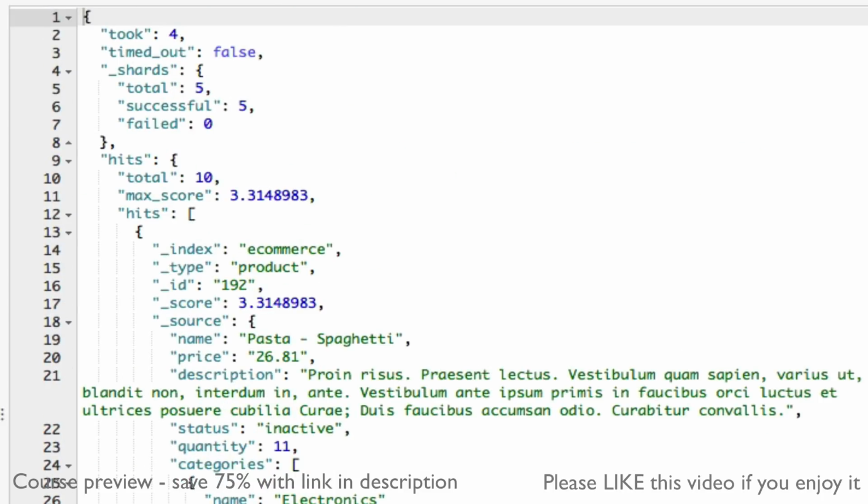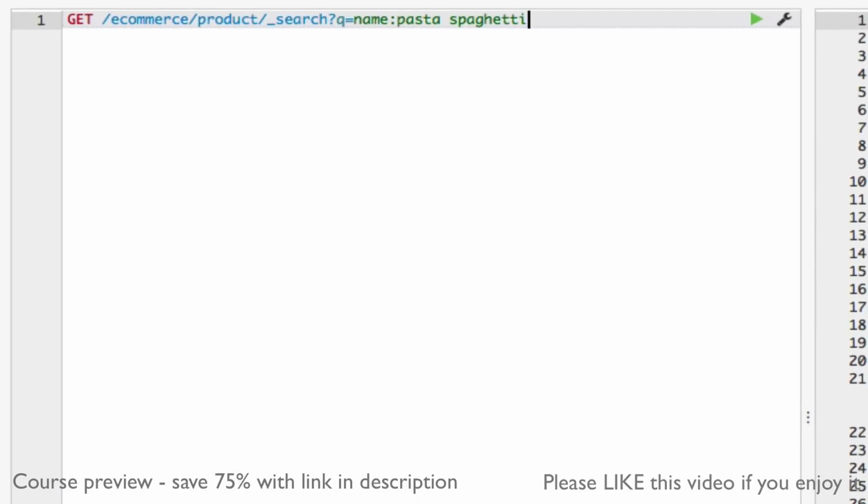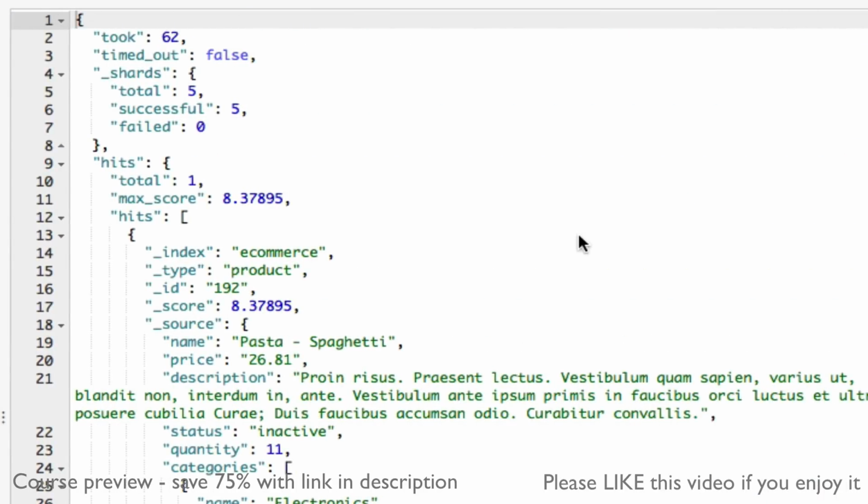But what if we wanted to search for a specific phrase? This can be done by enclosing the phrase within quotation marks. So let's add quotation marks to the query that we just executed. Like so. And I'll go ahead and issue the request again. Now we only get one result, which is the document that contains both pasta and spaghetti in its name and